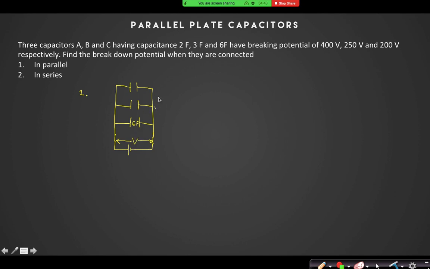Now if I apply this potential to be more than 200, suppose 400 volt or 250 volt, then for 250 volt these two will work properly, but will this capacitor work properly, or will it be a conductor now, because the dielectric will be lost here in between the capacitor plates? So charges will flow through the capacitor. Yes or no? Yes, sir. So in that case you cannot apply a potential more than 200 volt.